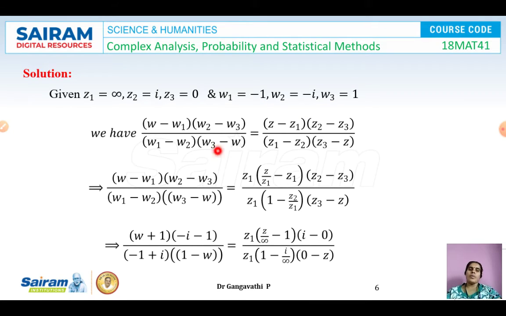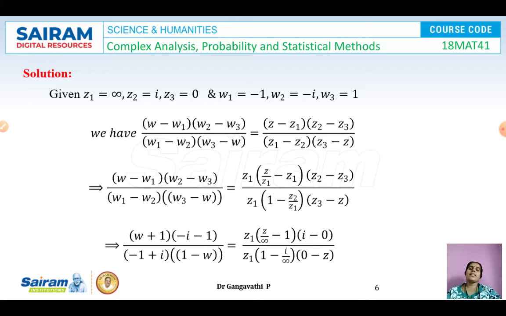So write the formula. You have to write the formula; there will be marks allotted for it, so you cannot skip this step. Writing the formula is a must. Once after writing the formula, let us substitute. Before substituting, try to imagine that I substitute the z1 value here. If I substitute z1 is equal to infinity, infinity multiplied to anything is infinity, and infinity divided by anything is going to be infinity. We do not know exactly what the infinity is. So the entire term is going to be infinity, and this ratio of infinity is something meaningless.